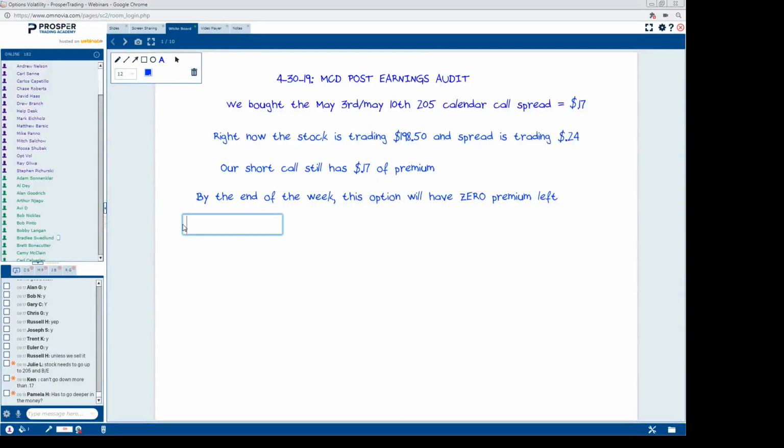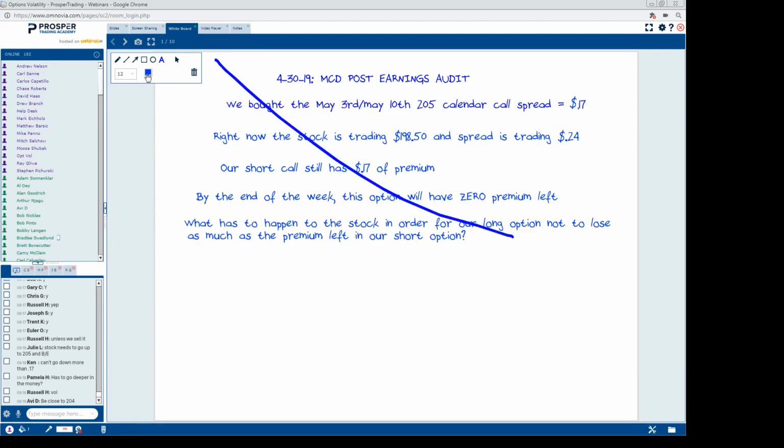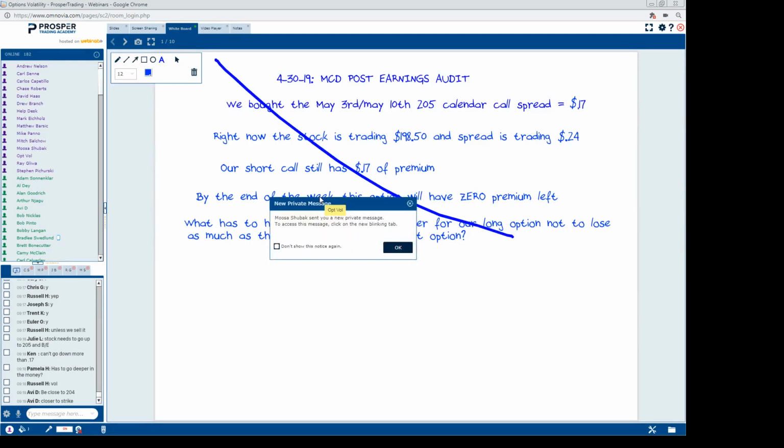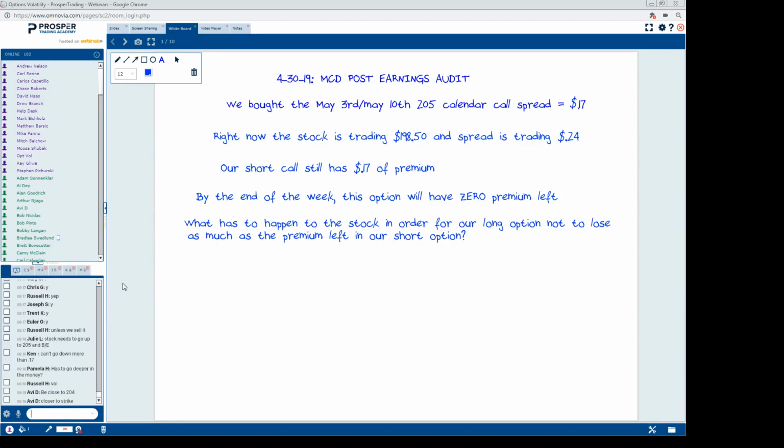So what has to happen to the stock in order for our long option not to lose as much as the premium left in our short option? The bottom line is 17 cents, right? That's our buffer zone. So what has to happen to the stock? Well,